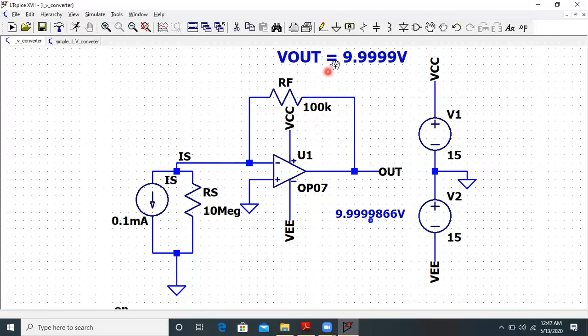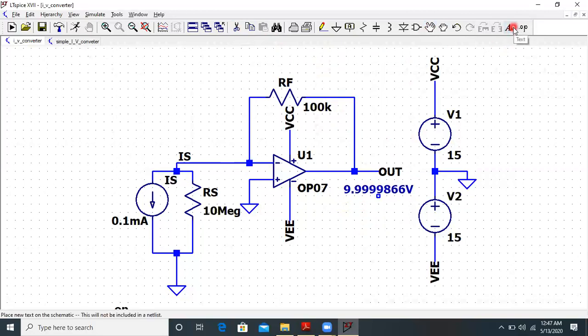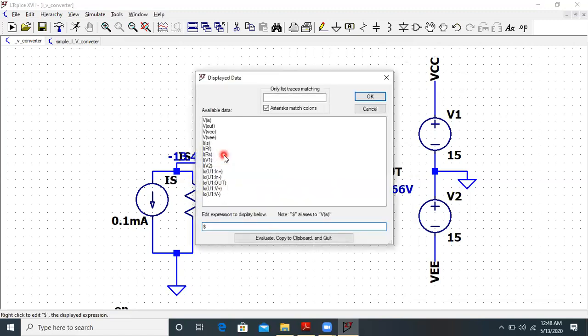So automatically, instead of again and again writing this Vout value by using the label terminal, we have directly got this value over here, and then we can label it easily that this value is around Vout is equal to. So that way also you can do, or you can write the values using the text tool. And at the input side also, I will just mark it, and I got the current. I'm not sure what it is, so I have to go over here, remove this dollar sign, and select IS over here. I of IS it will show you, and click on OK.